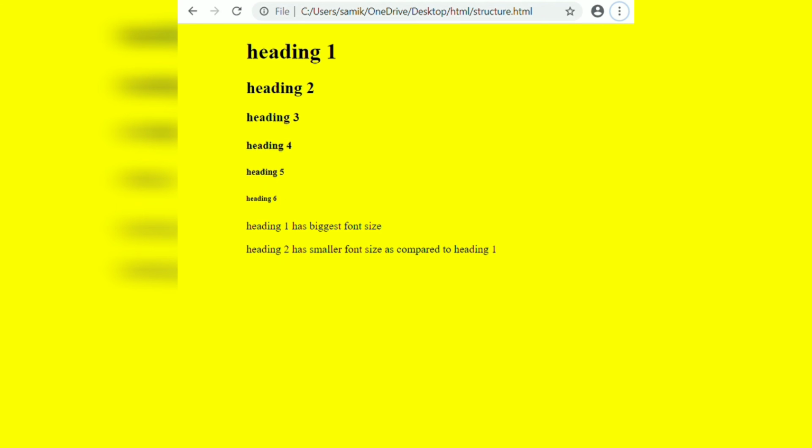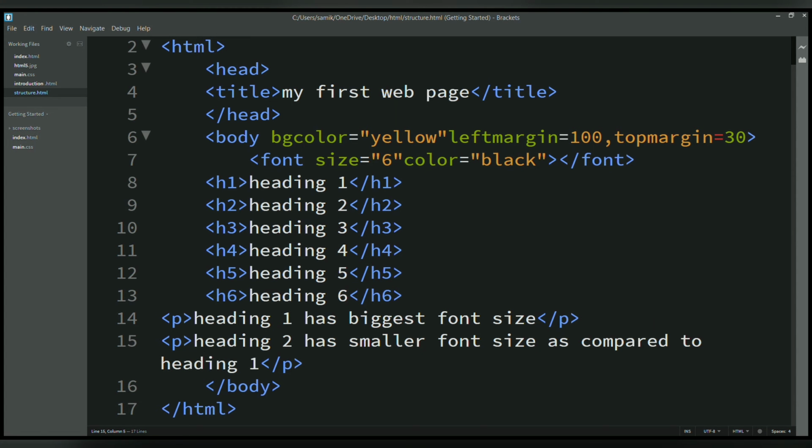I have to tell you one more thing, guys, that is indentation. What do you mean by indentation? To keep our tags in line in a proper manner. So let's do it in our web page. Indentation means keeping your tags in a proper line. See, I have done it for you. See here, head is in proper line. We have to do this. Body, starting and ending tag should be in the same line. The line should not change.